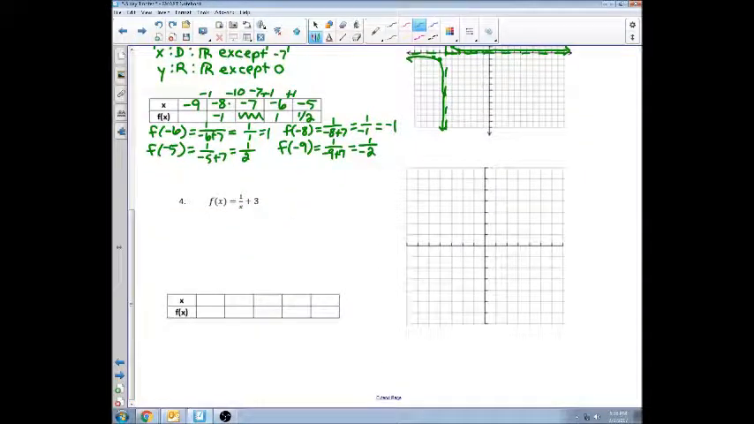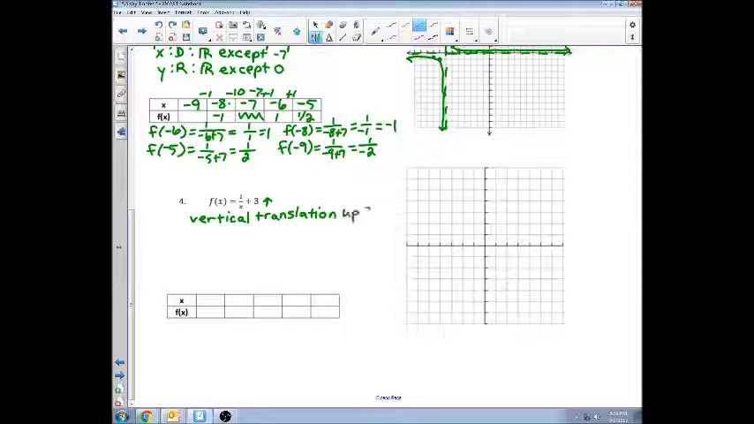On to the last problem. Again, I don't have a number underneath my fraction bar. I have a number on the outside of my fraction bar. If it's outside of my fraction bar, that means I'm going to follow it, and it'll either go up or down. Well, since this is positive 3, I'm going to move up, which means I have a vertical translation